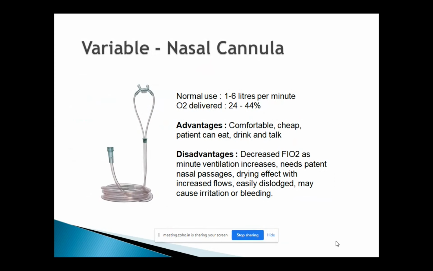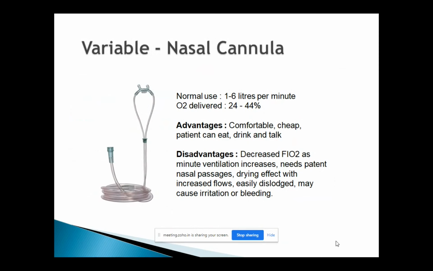Okay, so with nasal cannula, I haven't seen many mistakes happen. A couple of times I have come across patients put on more than 6 liters of oxygen via nasal cannula because they don't like masks, because they're claustrophobic, but their oxygen demand is high. For example, they might have tried them on 6 liters of oxygen, but their saturation was still very, very low, not at an acceptable level. So then somebody would have gone and put the oxygen up to 8 liters or 10 liters. That is not the right practice.